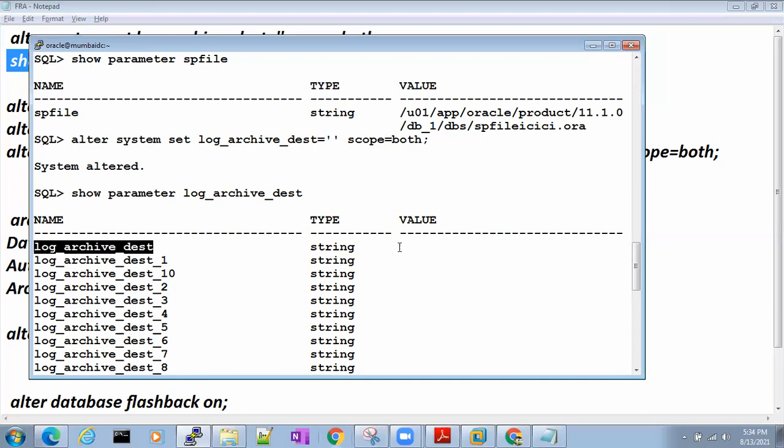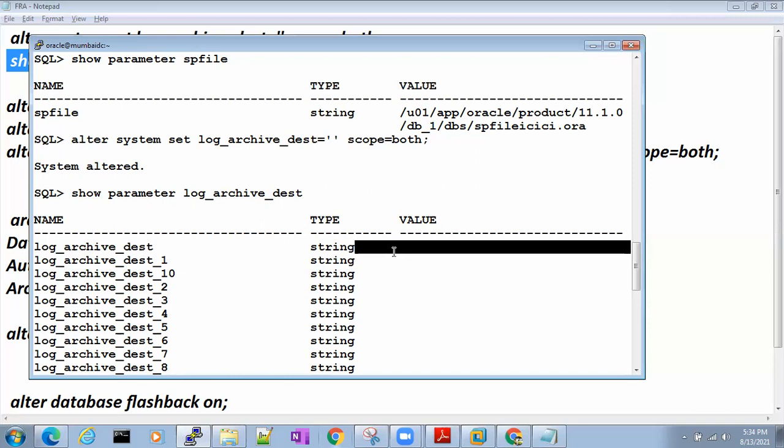But I don't want only archive logs. I want archive logs and flashback logs. That is my requirement.